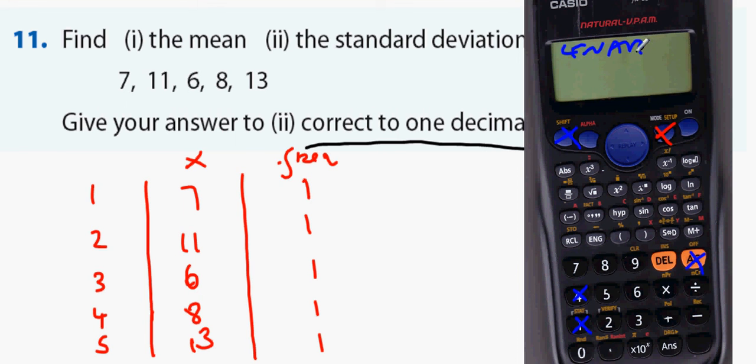Okay, the first thing you need to do is calculate the mean. So the mean is x bar, which is number 2. Once you press the number 2 button, what you end up getting is 9. So the mean is 9. Once you've got that, all you've got to do is press the AC button again, and go through the exact same procedure: shift, stat,